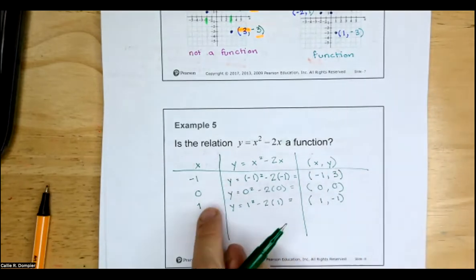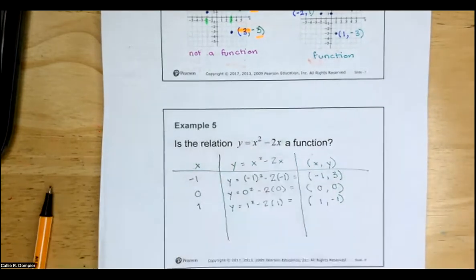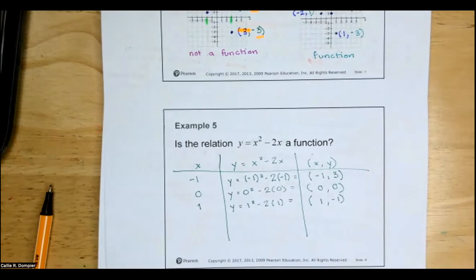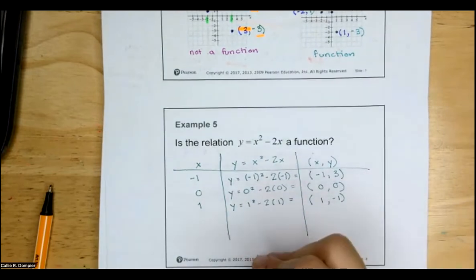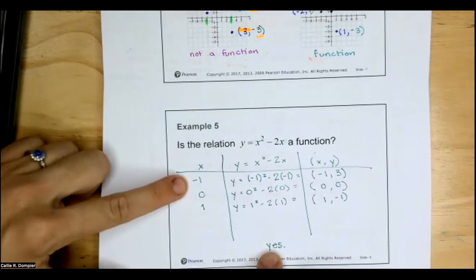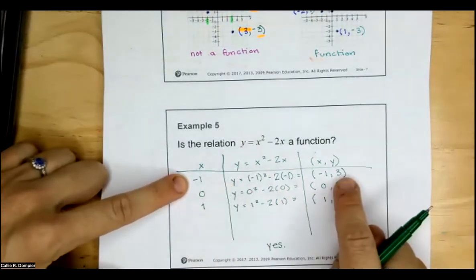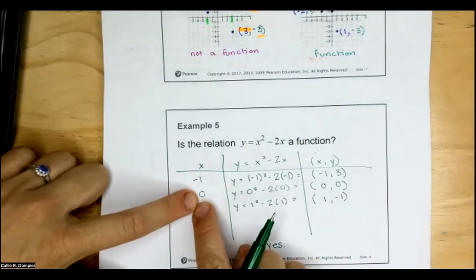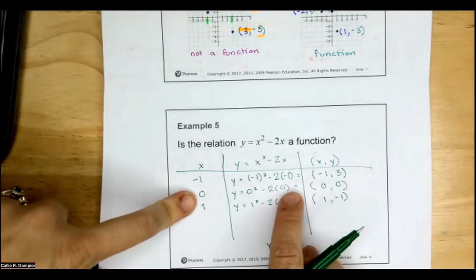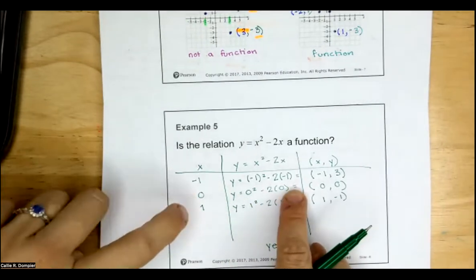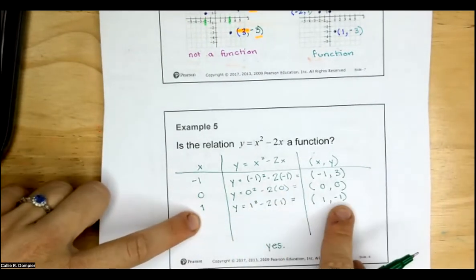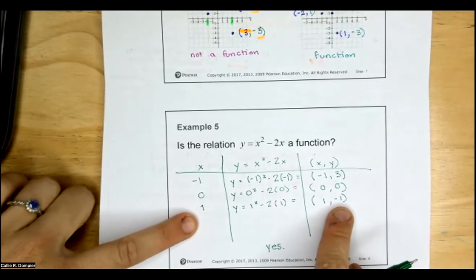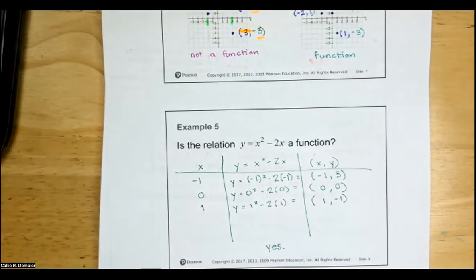There is no situation where I'm putting in an x and there are two different y's that could come out, okay? So this is a function. When I input an x, only one y comes out. There is no way to get 0 or -1 for this equation, right? There's no way to get the number -1 and +1 for this equation. So as I test,